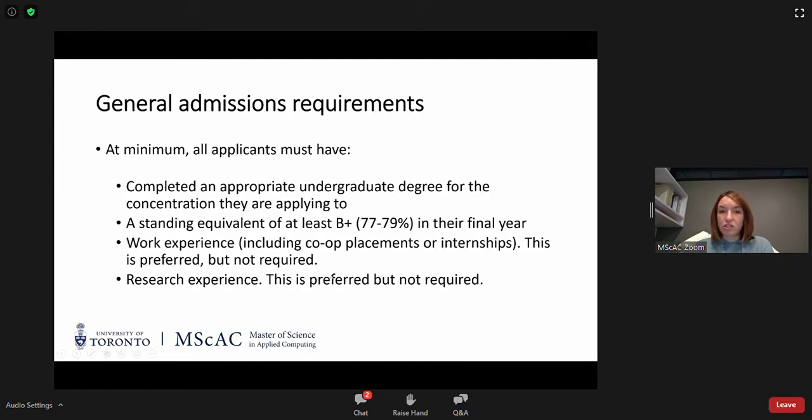So for general admissions requirements, at minimum, we're looking for you to have completed an appropriate undergraduate degree for the concentration you're applying to. You don't necessarily need to have a specific major in the concentration, so you don't need to have completed the CS major, for example, for the computer science concentration, but we would be looking to see, if you're coming from an alternative background, that you've completed senior level courses, and by that I mean 3rd and 4th year undergrad equivalents,